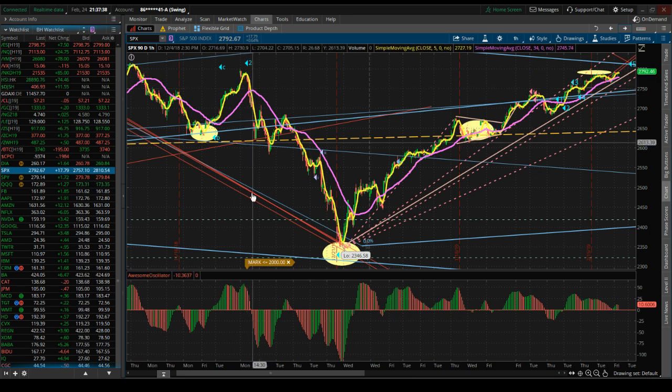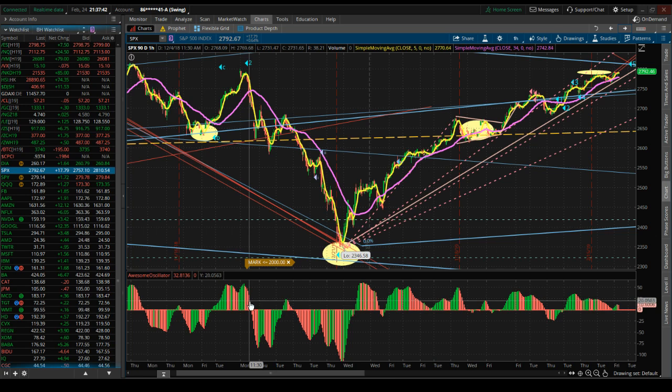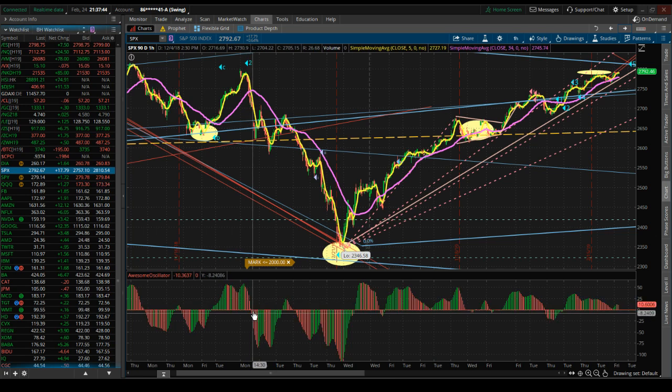So that's one way. Another way you can see here is this cross here, as it goes from positive to negative. And so you kind of look here, right? It worked. It bounced. This would have been a tough trade, no doubt, right? So it was a gap down, and it kind of came up, tested the gap, and then kind of went down again. So it would have been choppy with options,